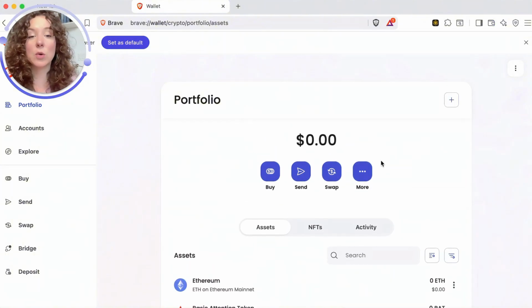On the Brave wallet, you can explore assets, NFTs, and activity, and you can see buttons to buy, send, swap, and more. And that is how you set up the wallet in your Brave browser. So now you can explore crypto, explore all of